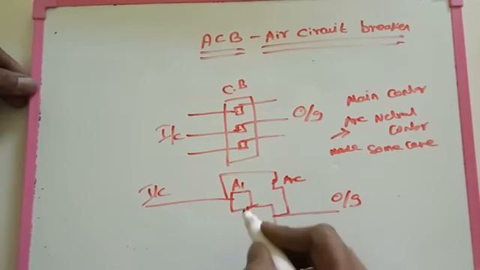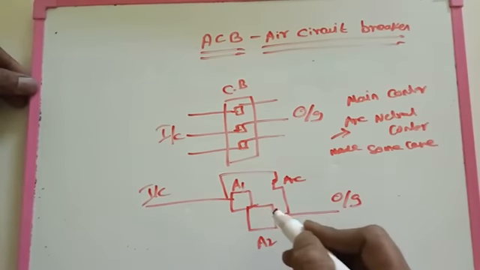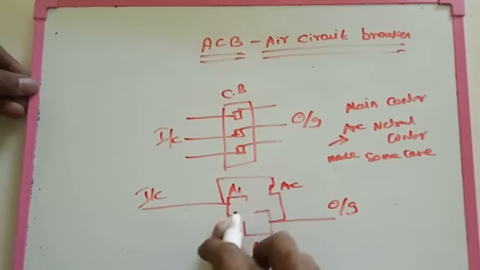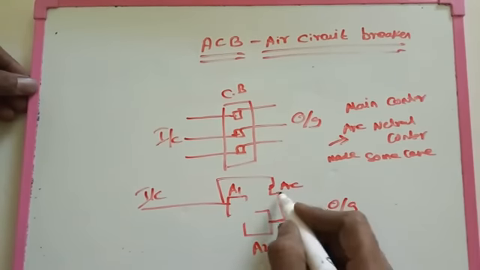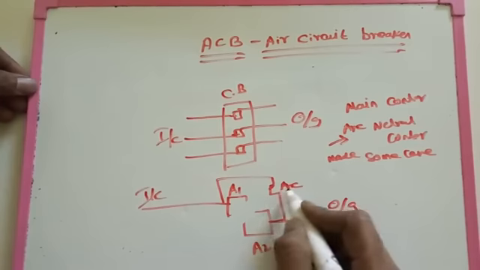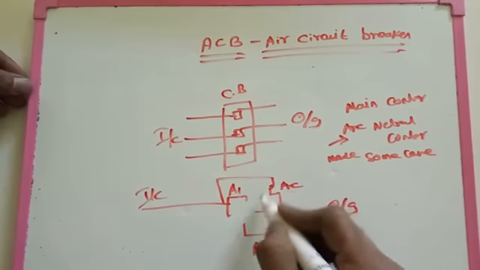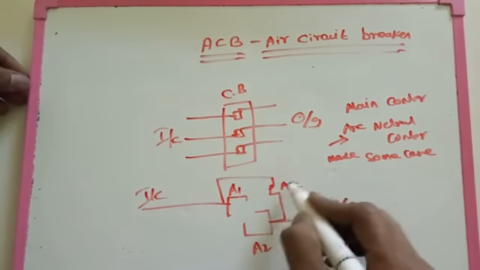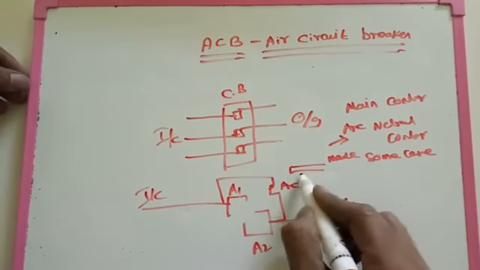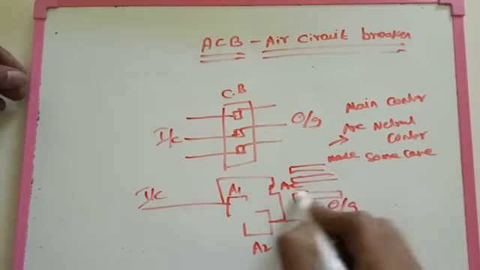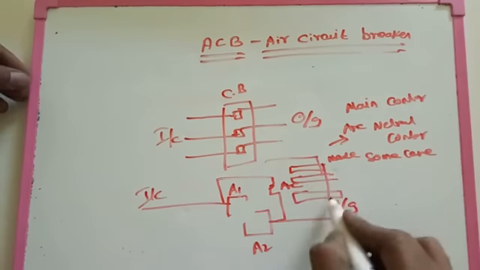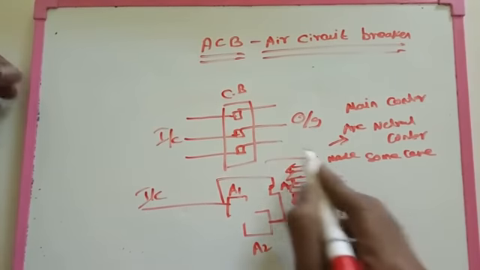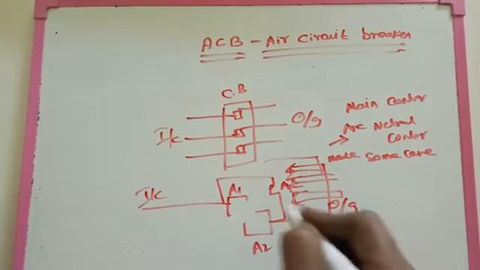Suppose you are going to switch off the air circuit breaker. At that time first the main conductors are disconnected. After that the arc conductors are going to disconnect, and at that time some arcs are produced. Those arcs will be neutralized by the atmospheric air, and then some other special arrangements are also available in ACBs. Those are splitters, that means the arc is going to be split here. So this is the basis of air circuit breaker operation.